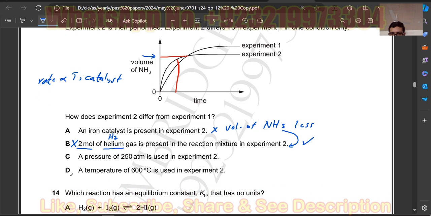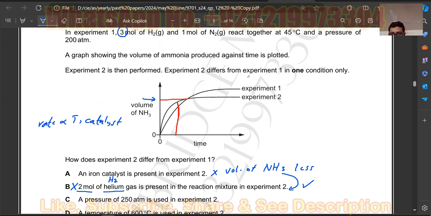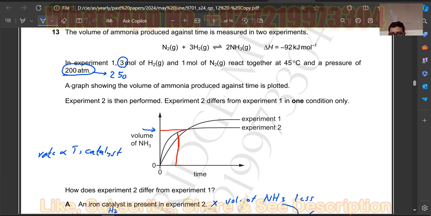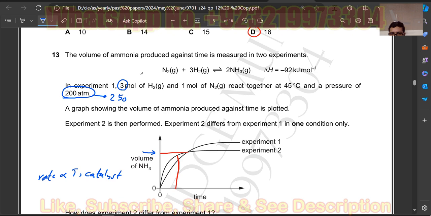Now the C option says that a pressure of 250 atm is used in experiment number 2, which means the pressure has been increased. 200 has been changed into 250. So if the pressure has been increased, yes, the rate of the reaction increases. The rate of the reaction increases because of providing more pressure. But by providing more pressure,